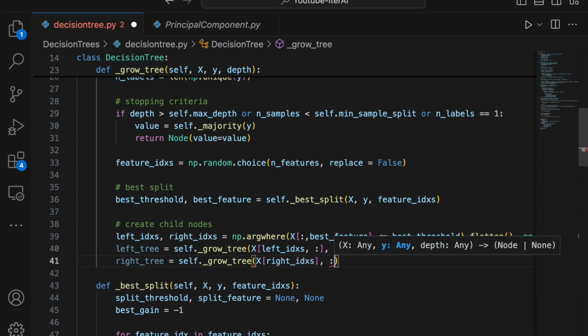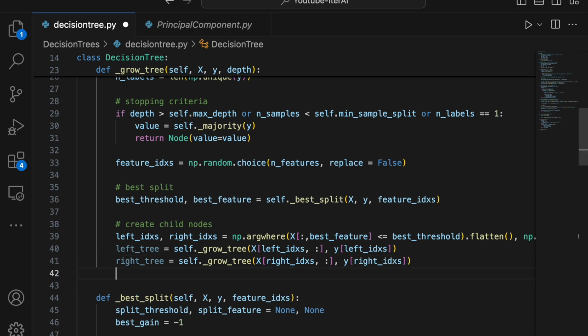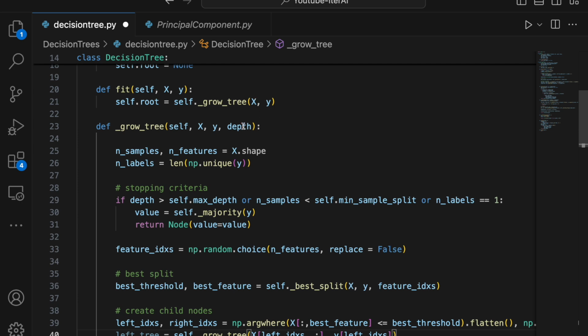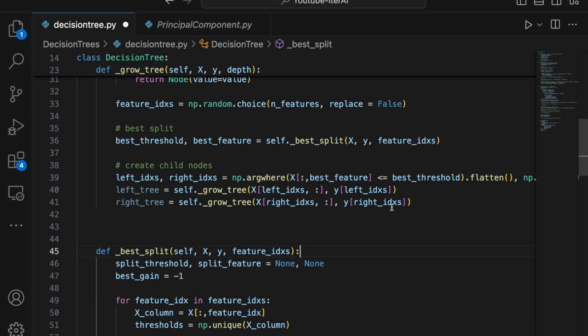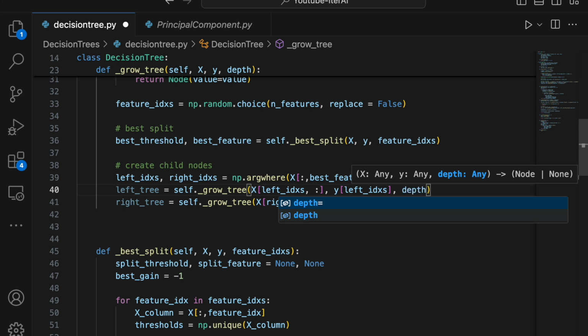Right indexes. Right indexes. Also, we'll have to give in depth, which was over here. Depth would be basically depth is equal to depth plus 1. Just copy this,